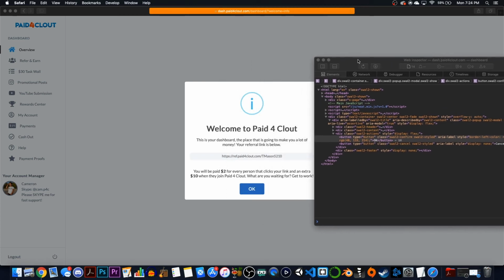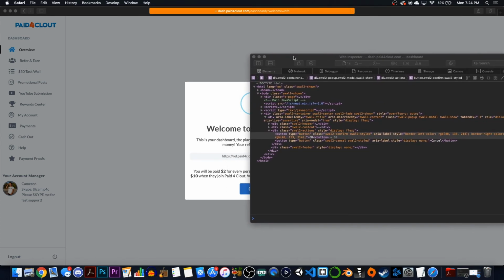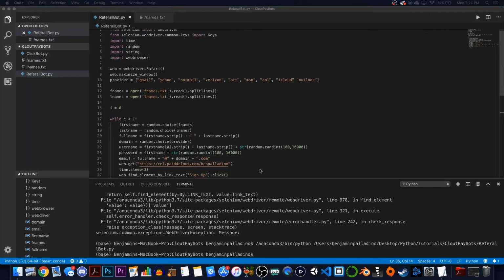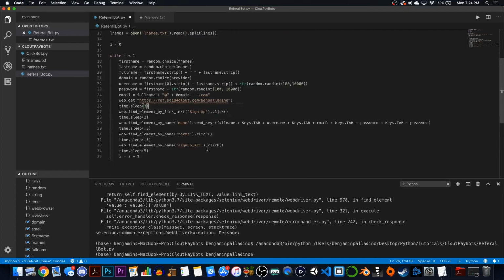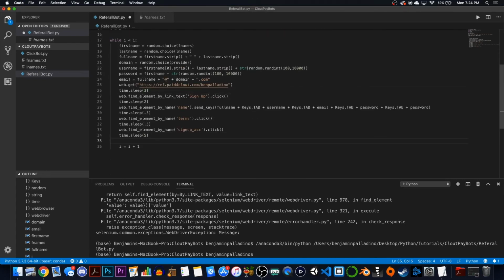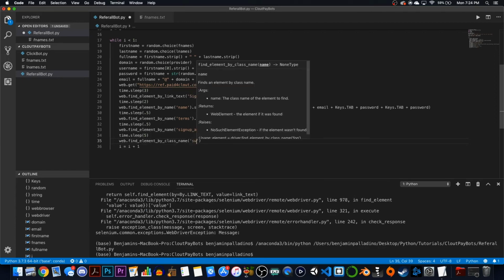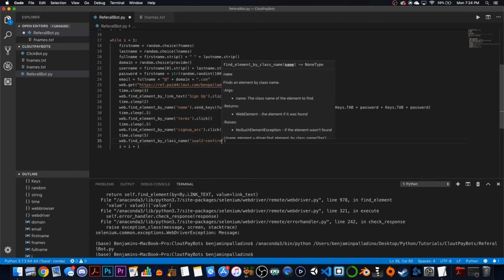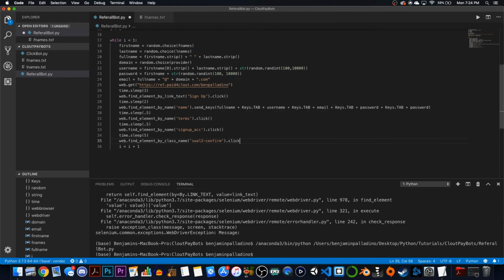By class, I guess, because it doesn't have anything else. So, swol2-confirm. Okay. Had to concentrate there so I didn't forget. So we click on that. And then that should bring us to the